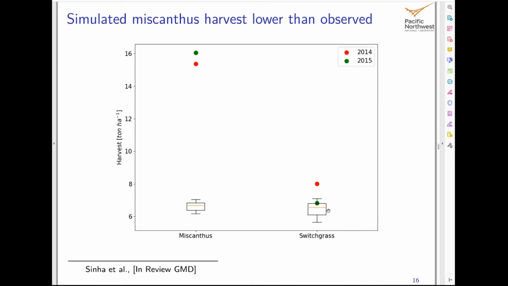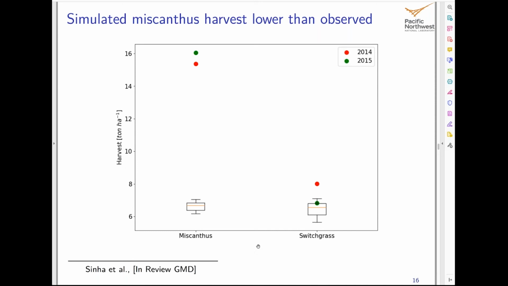So for switchgrass, the observed yield is very comparable to the simulated yields. However, for miscanthus, the simulated harvest is much lower than the observed values. And we did explore why this was happening, because we are doing a very good job of calibrating the fluxes. And what we found was that